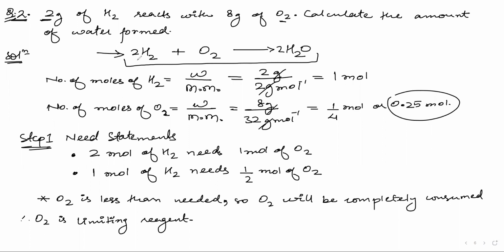2 moles of hydrogen plus how many moles? 1 mole of oxygen. 2 moles of hydrogen gas. The difference is just that hydrogen gas is H2. 2 moles of hydrogen gas reacts with 1 mole of oxygen to give 2 moles of water. So from there I have this statement: 2 moles of H2 needs 1 mole of O2.